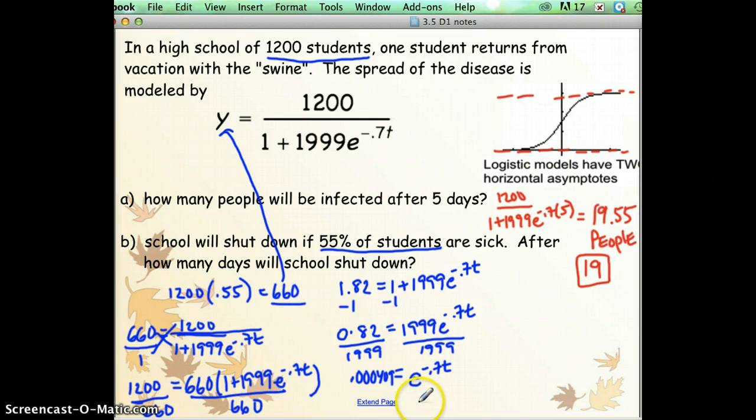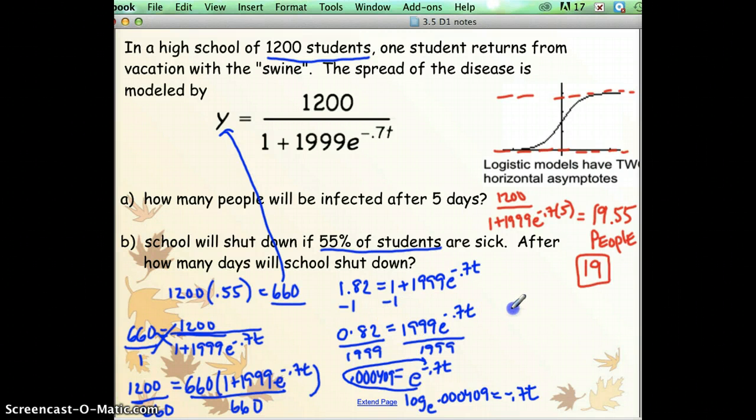So now we're going to turn it into a logarithm. So log base e of that small decimal, so log base e of 0.0000409 equals negative 0.7 t. So log base e is the same thing as natural log. So I'm going to do natural log, and I'm going to use my previous answer so that I'm not really typing this in the calculator. I have it looking like it's rounded on paper, but in my calculator I have the original longer decimal. I'm going to do ln of that,